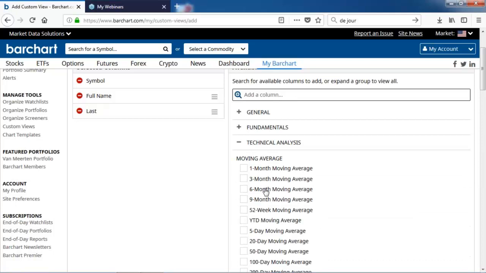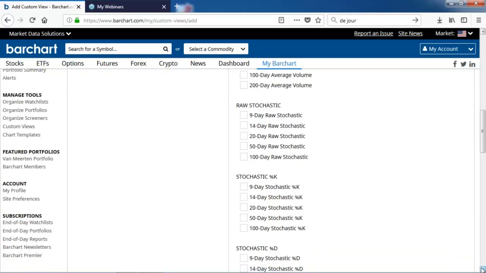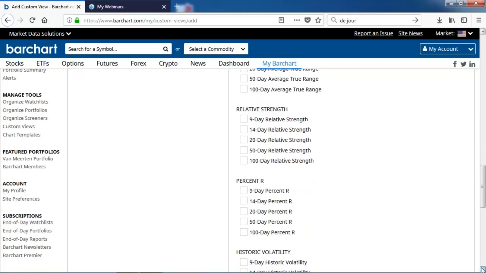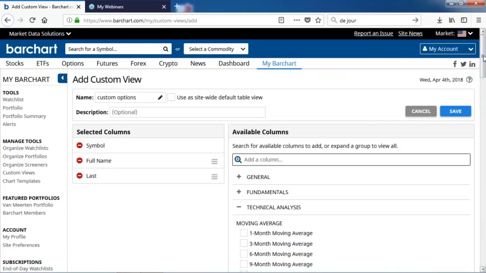3-month moving average, 6-month moving average. We're looking at stochastics and relative strength over different time frames. So you can use these. You decide which time frames you're looking at to shorten or lengthen your duration outlook, if you're looking to be an active trader, a swing trader, or a long-term trader.